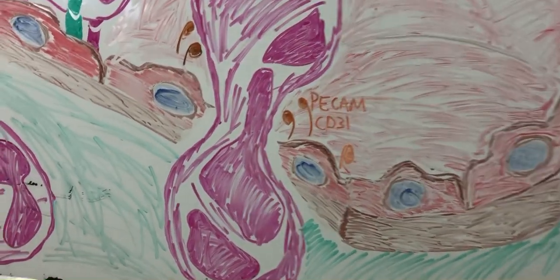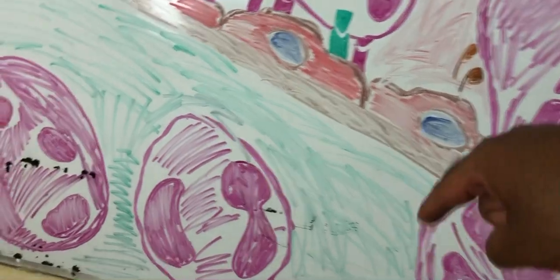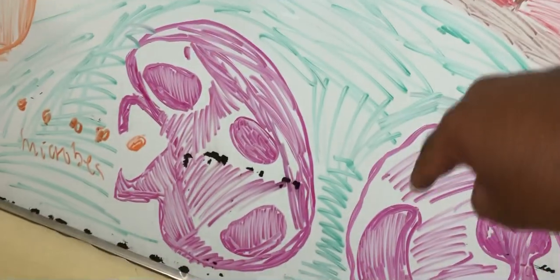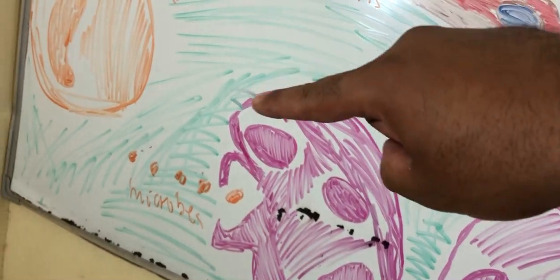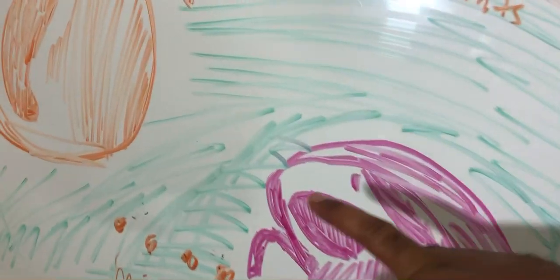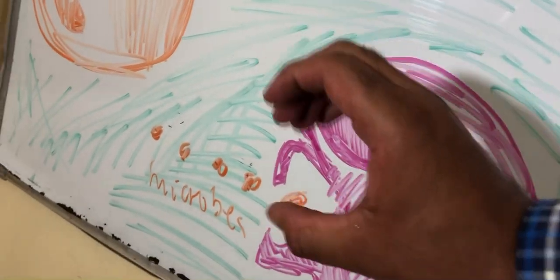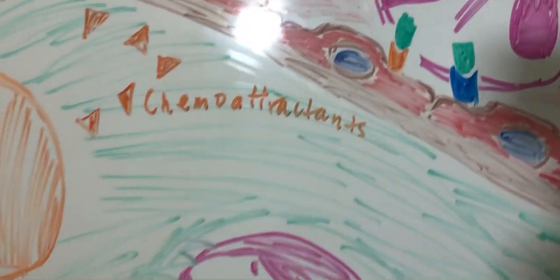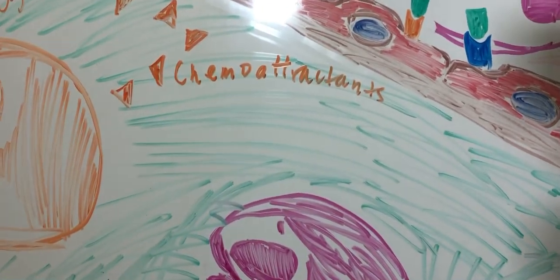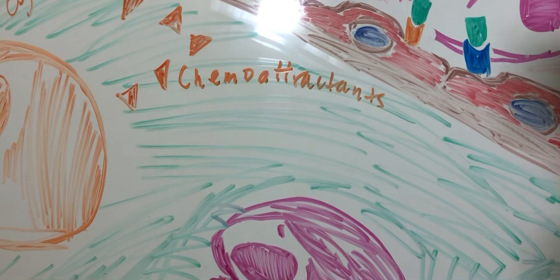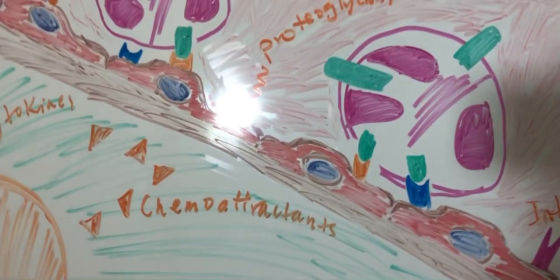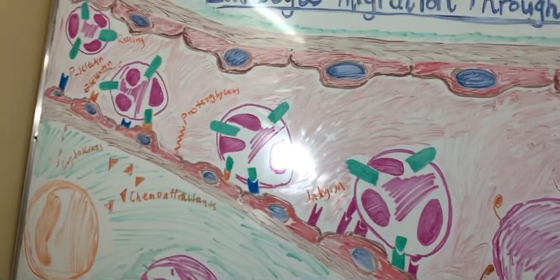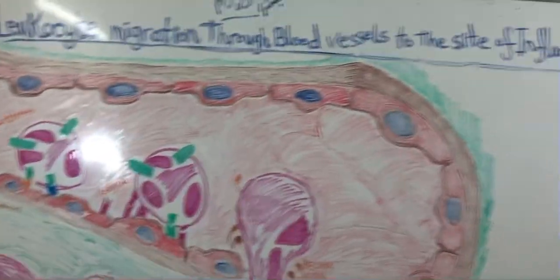So now when they leave, they keep on going through chemotaxis, rolling and rolling to the site of inflammation, and they begin to engulf these microbes and arrive at the site of the chemoattractants, and they can fully perform their function. The last important thing that I would like to leave you with is that you have to understand what's happening